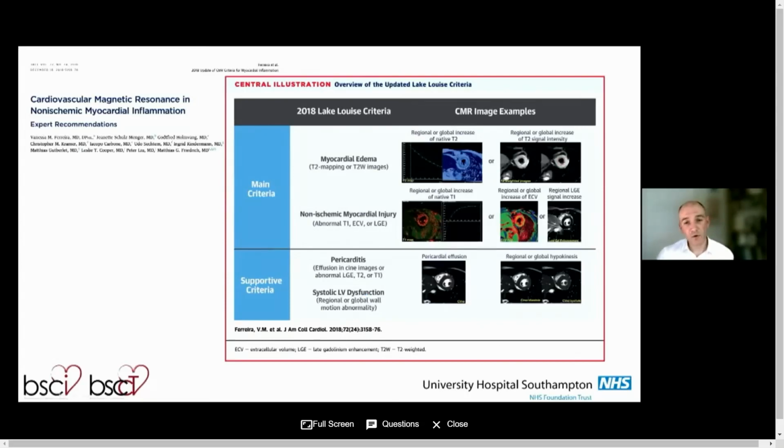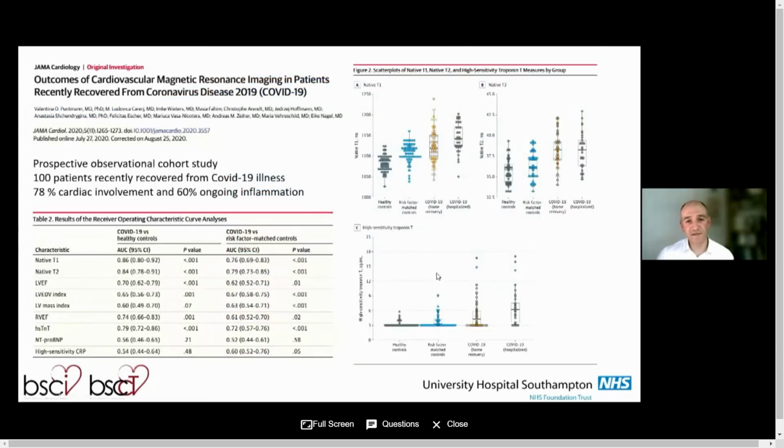While we're talking about COVID, and it's hard to give a talk in the current climate without some mention of it, there are many papers that have been published on the concerns over COVID myocarditis and the impact of COVID infection on the heart. But this was a really interesting paper published in JAMA Cardiology in 2020 by Valentina Puntmann, where they looked at patients who had confirmed COVID infection, either recovering at home or recovering within the hospital,